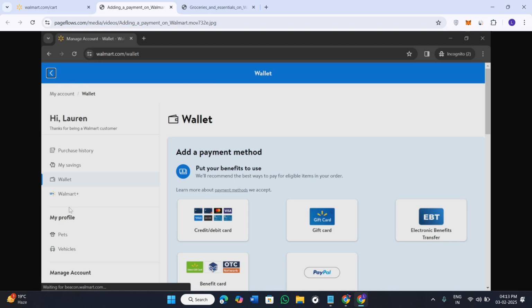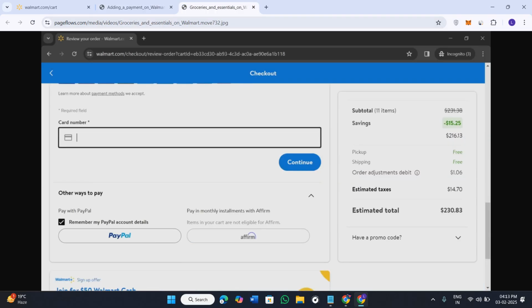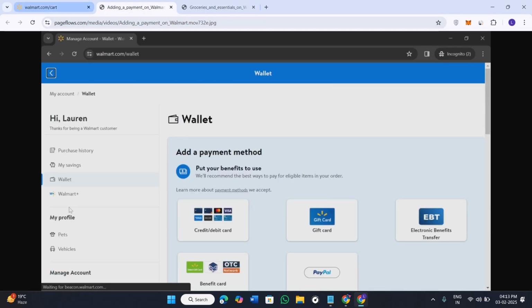Now in the wallet option you will see a bunch of different payment methods like credit, debit card, gift card, EBT card and benefit cards. So since you want to use UCard, you will have to tap on the benefit card option and then you will have to provide your card details like your card number and further details. After that you will have to simply save this card and then you will have to come on the checkout